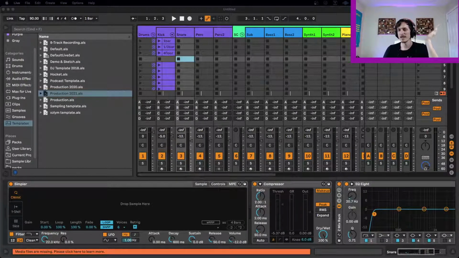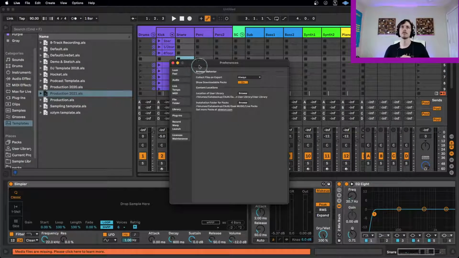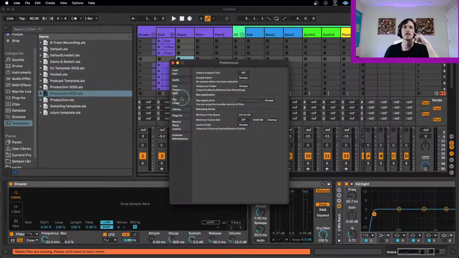All right, so I was talking about templates before I was rudely interrupted twice by my microphone. So templates are there to basically save you time by just having things ready to go for you. And in Live 11, there's kind of two ways to save a template. You can update your default template, so when you just open up Live, it opens that way, which you can do in your preferences under File. No, it's not. It's under,